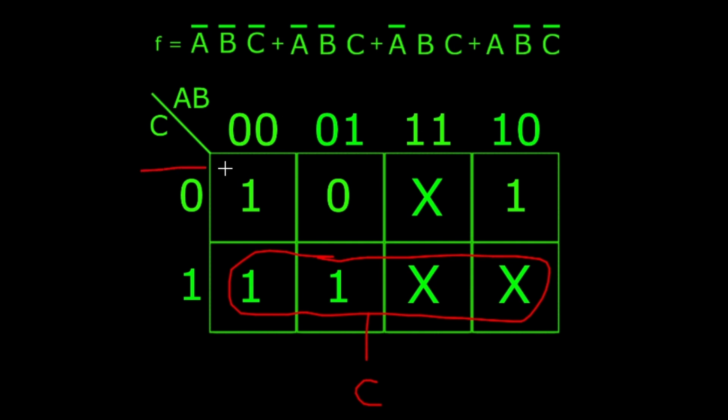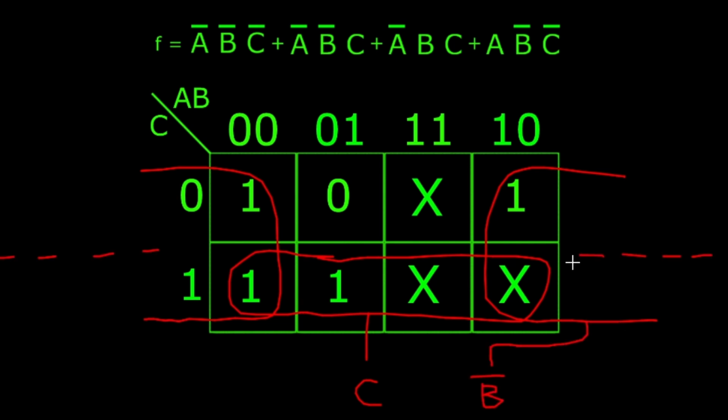We can make another group of 4 by using the same trick we did before, by wrapping around from the left to the right. This way we have all of our 1s circled in only 2 groups. We can call this second group B bar, because in all 4 of these cells, B is equal to 0, regardless of the values A and C. So we have all of our 1s circled, so we can say that F is equal to C or not